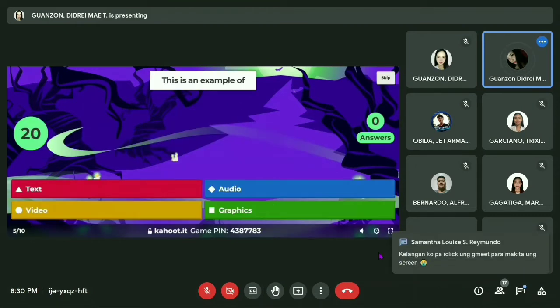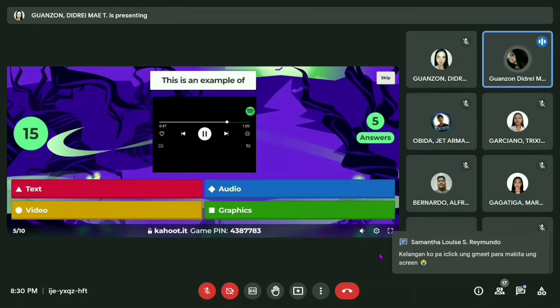Spotify is an example of text, audio, video, or graphics.